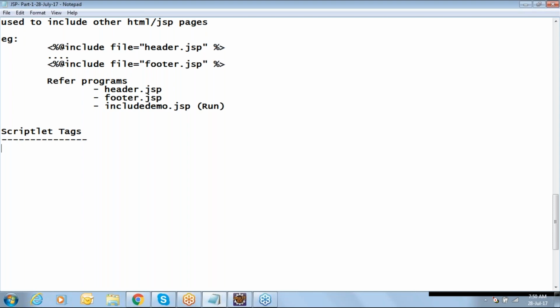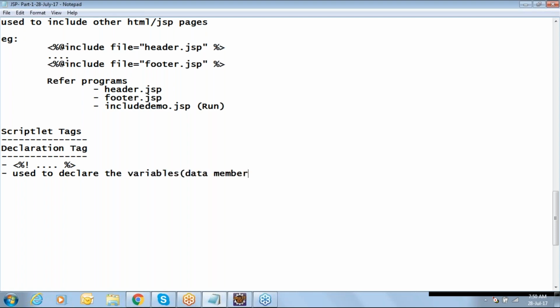Scriptlet tags. So we are having the declaration tag. The symbol of the declaration tag is <%!. The use of the declaration tag is to declare variables, which means the data members of a class, and to define methods. Whenever you want to declare variables, the data members, and to define methods, you have to use the declaration tag. And whatever code we write in the declaration tag,